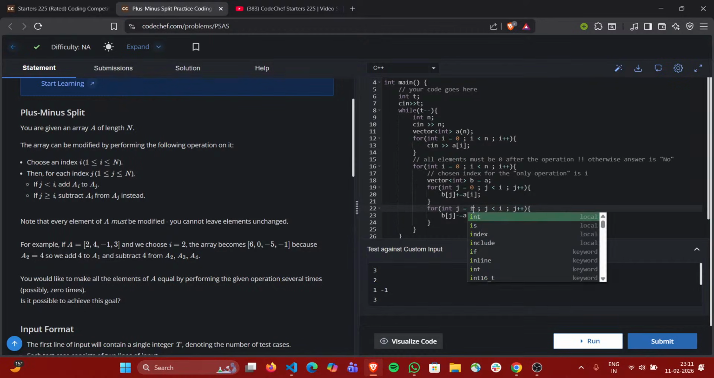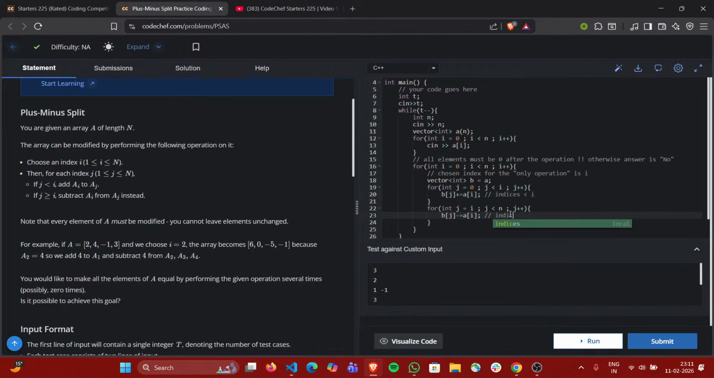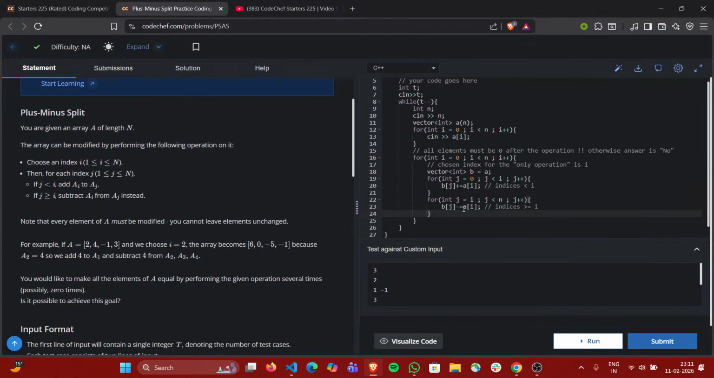J equals I and J less than N, right? So this is for indices less than I, and this is for indices greater than or equal to I, right? So this will happen, and we will get B of J, right? Now what? Now what? So for int